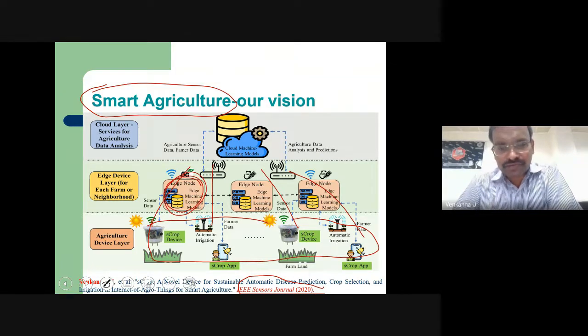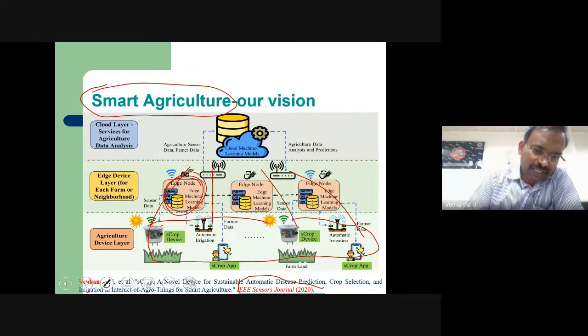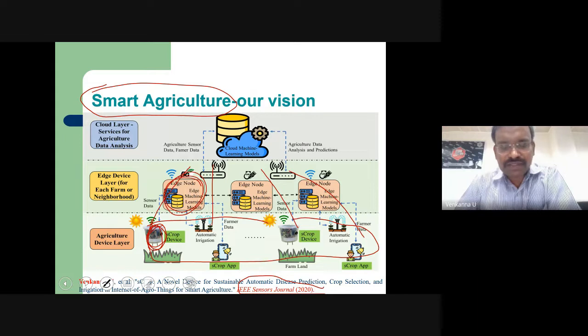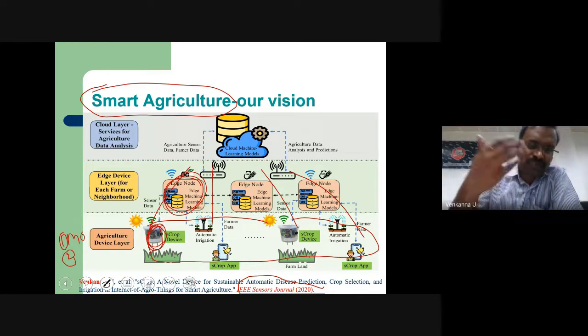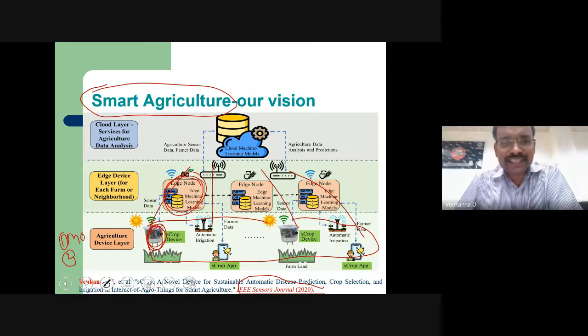Why am I calling it an edge node? Please remember this sensor node which we developed as a prototype has two functions. One is to sense the moisture values. Second, capture leaf images so that time to time any disease on the leaf can be identified and informed to the farmer. That's why, see here in this corner, we put a mobile app so that the farmer will get timely alerts.